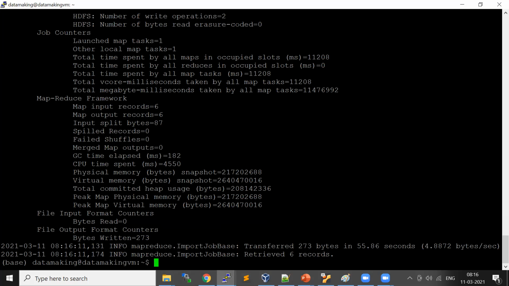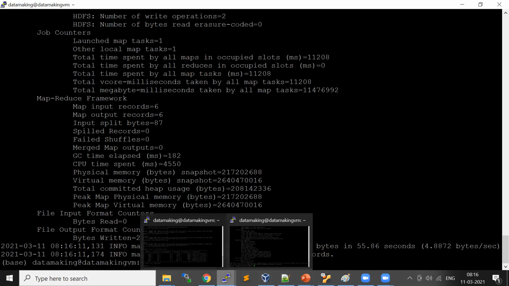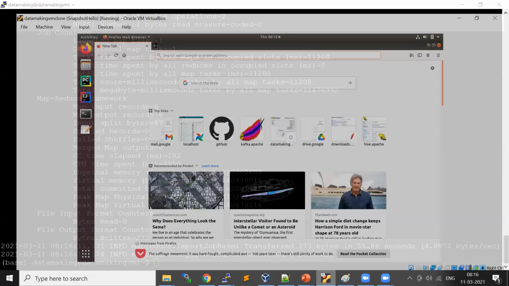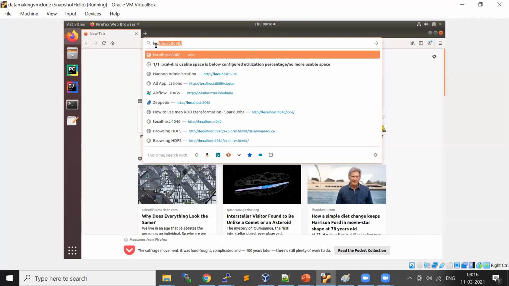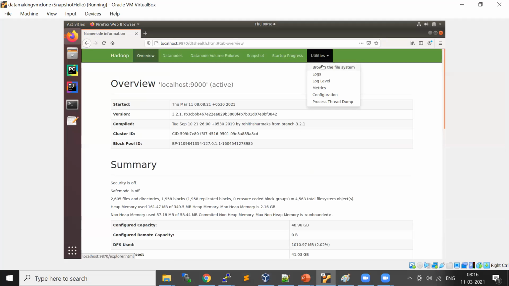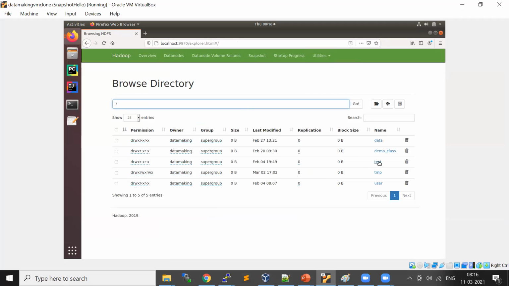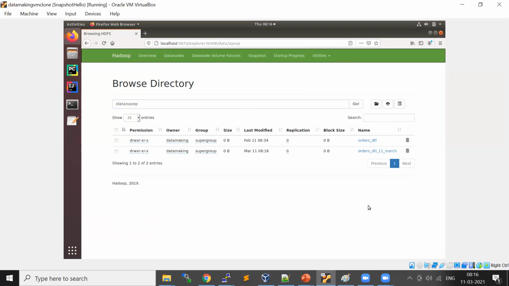So it says 6 records imported. Either you can go and check it in the HDFS. Data, sqoop, 11th March.